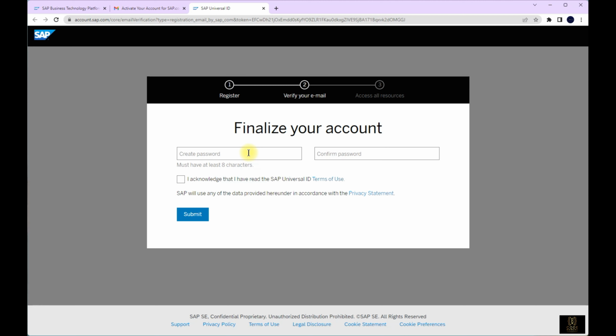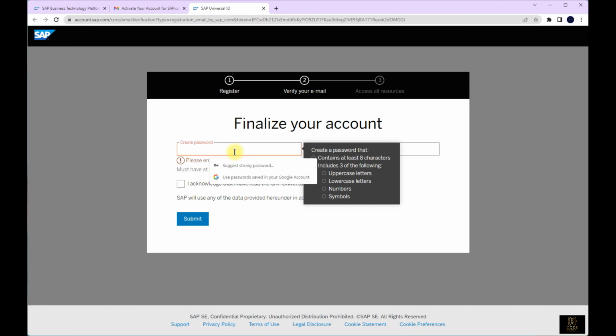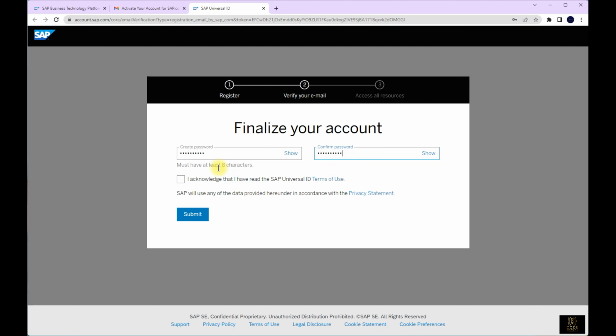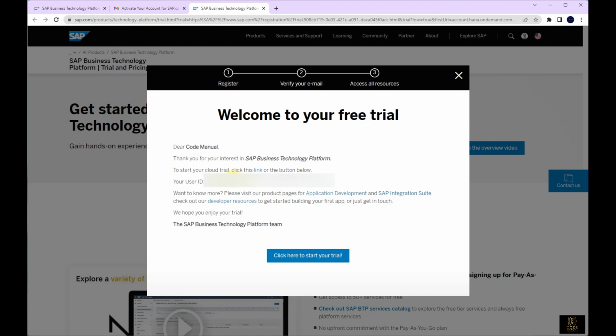You can just provide a password of at least 8 characters. Make sure it has uppercase, lowercase, symbols and numbers. After providing the password, you can click on this checkbox to acknowledge and click on the submit button. So now to open my trial account, there is a button below. Click here to start your trial. So I will click on this button